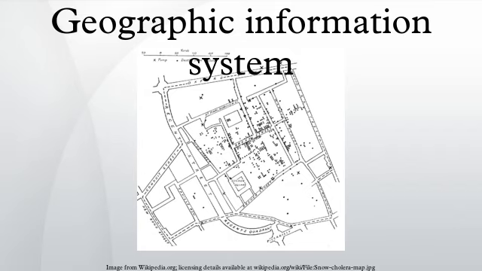Developed by Dr. Roger Tomlinson, it was called the Canada Geographic Information System, CGIS, and was used to store, analyze, and manipulate data collected for the Canada Land Inventory, an effort to determine the land capability for rural Canada by mapping information about soils, agriculture, recreation, wildlife, waterfowl, forestry and land use at a scale of 1:50,000.